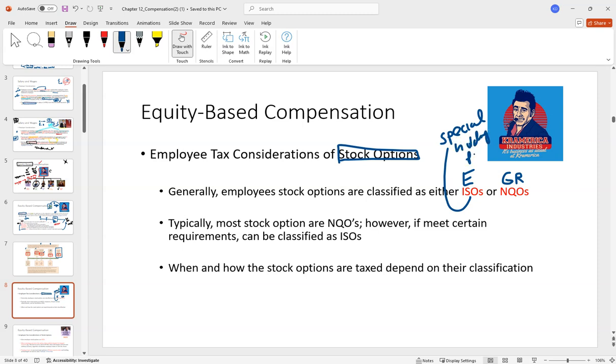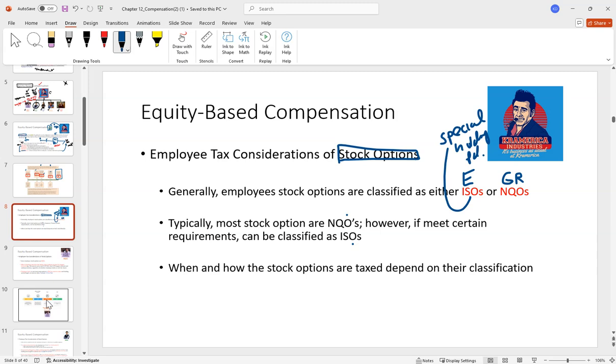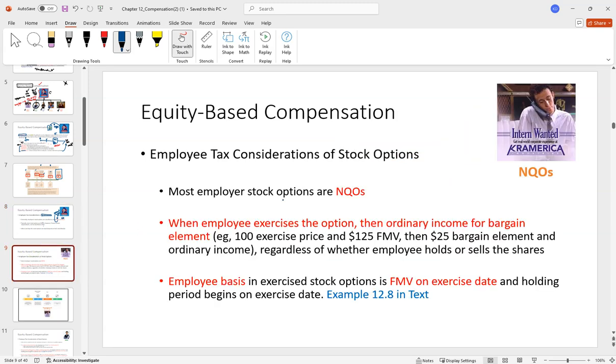In other words, you have to hold it for a certain amount of time to get this qualification for an ISO. We said most are NQOs, the exception are ISOs. How you classify these, whether it's restricted stock, ISO, or non-qualified options, is going to affect the tax consequences. So starting with